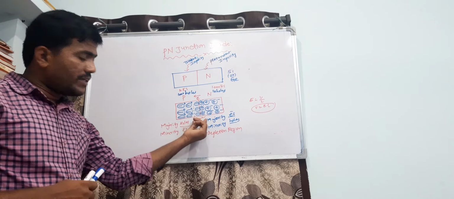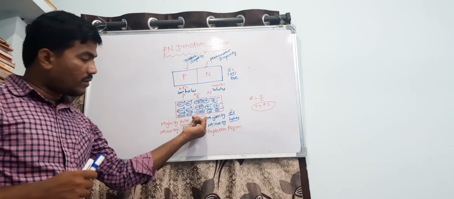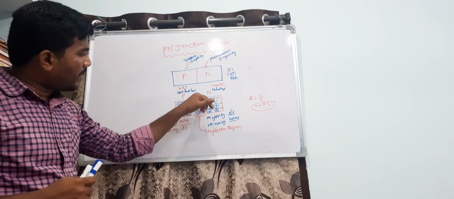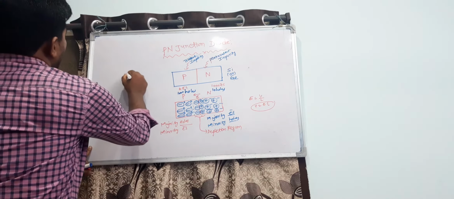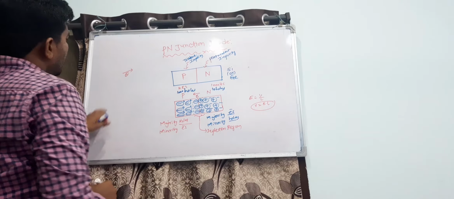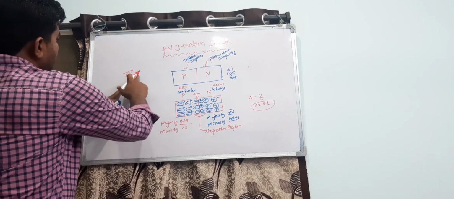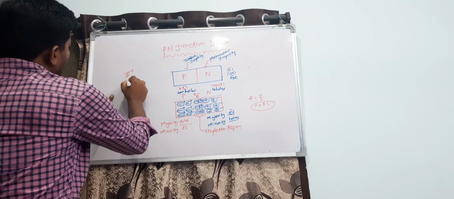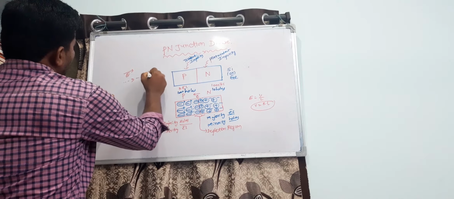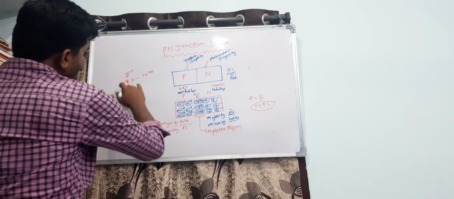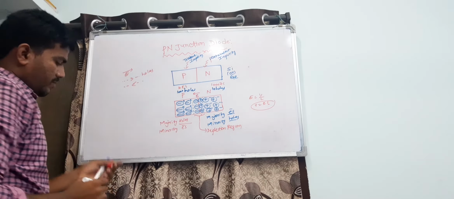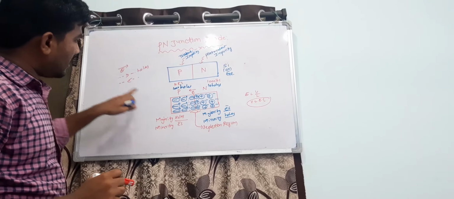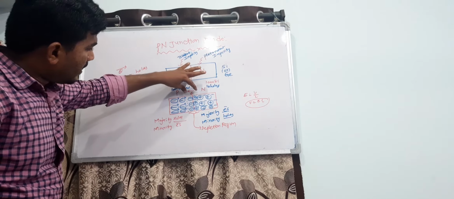So after formation of the junction, due to the applied electric field, always you should remember that I am denoting this electric field. When the electric field is in this direction, this supports the holes to move from here to here. It supports the holes to move in the same direction, but it supports the electrons to move in the opposite direction. So just apply this concept here also. Here electric field is developed.